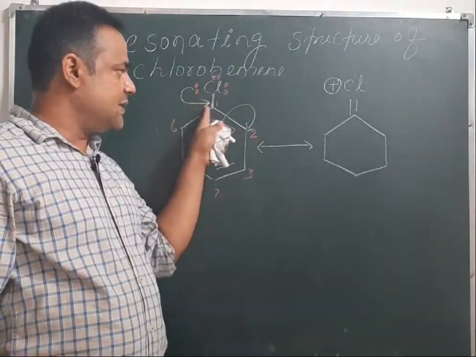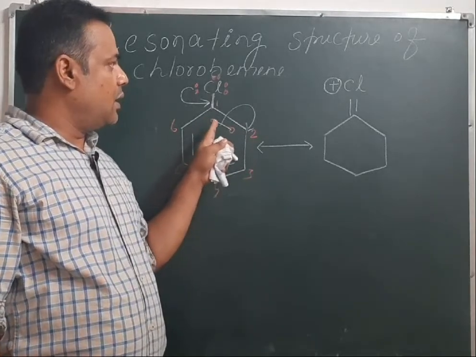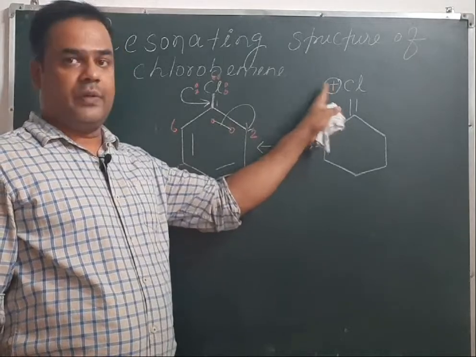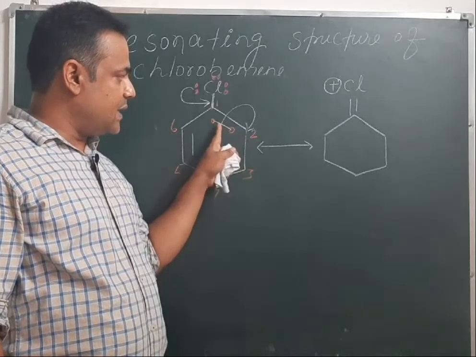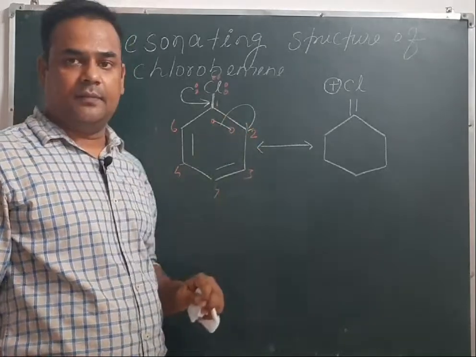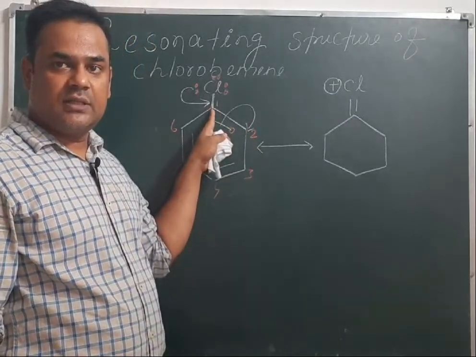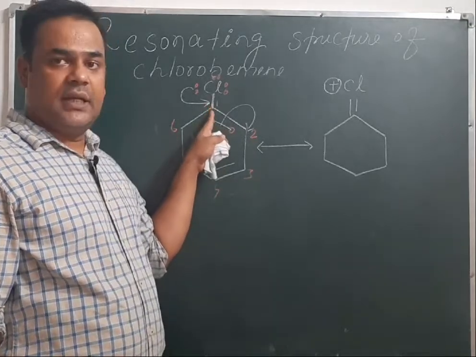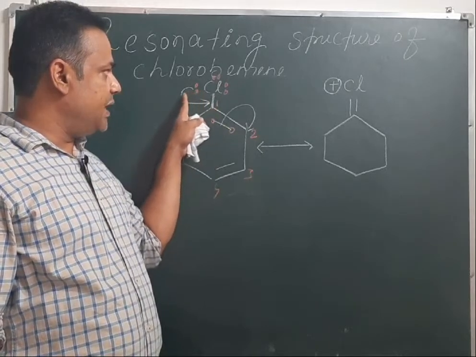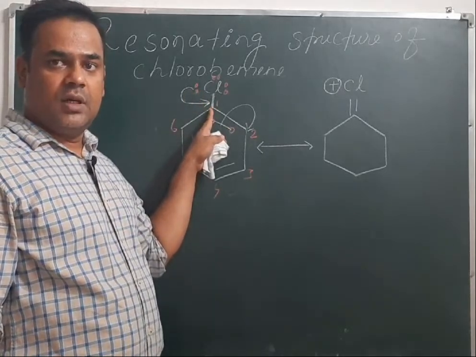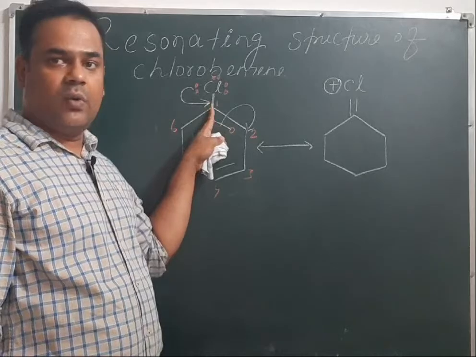When this electron pair shifts here, then there will be repulsion. We have to understand why this positive charge is developing on the chlorine atom. So we will start explaining from here: suppose this pi electron shifts onto this carbon atom, this carbon will become positively charged, meaning its orbital is vacant. Because of this positive charge, one electron will be given by the chlorine atom to this carbon atom to neutralize its positive charge, and then with this electron it will make a covalent bond with the carbon atom.